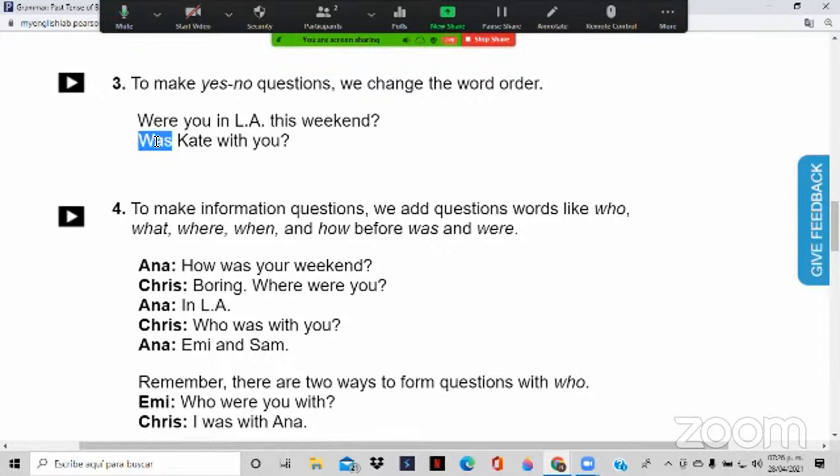In this case, we are talking about the verb to be. Therefore, the questions that we can manage using this verb will only consist of ser, estar o tener. Son las únicas veces en las cuales yo podría hacer preguntas utilizando ese verbo. Para las otras preguntas utilizamos el otro auxiliar que es do, y para tercera persona singular, does.